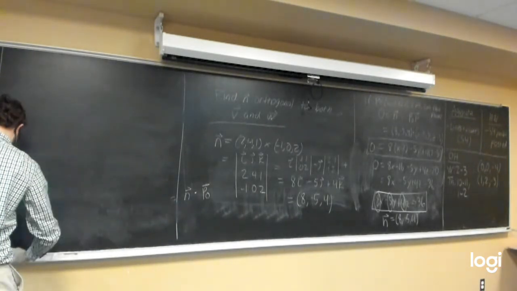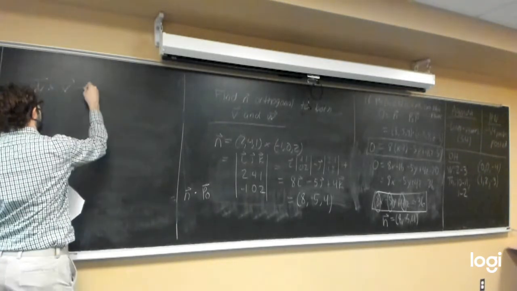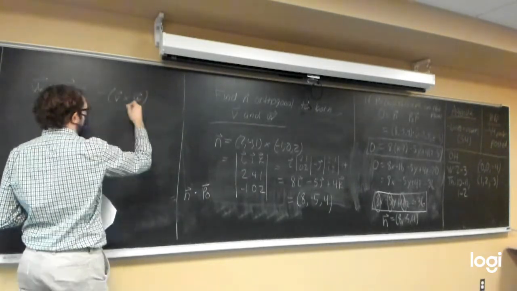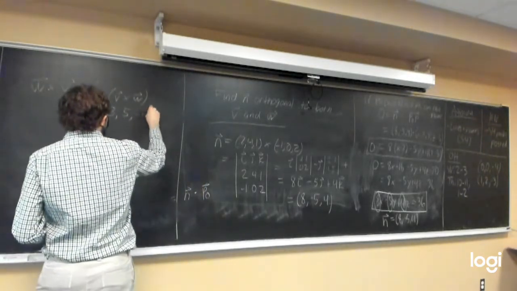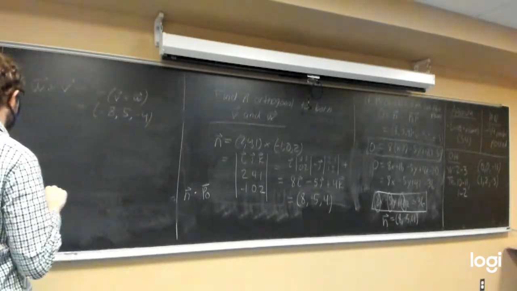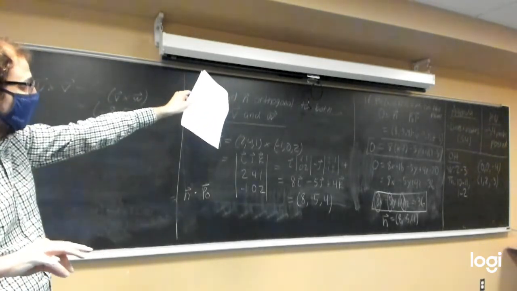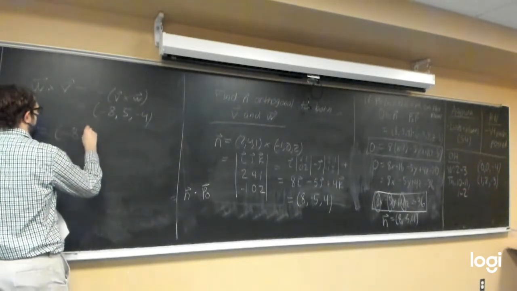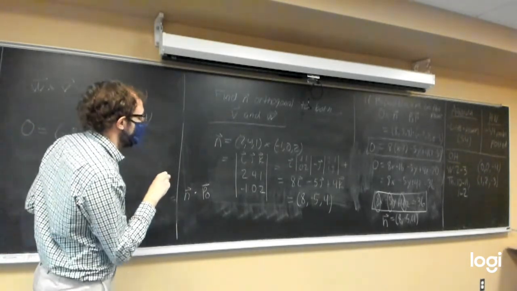One thing I will say is that if we had taken W cross V, remember the cross product is anti-commutative, so that would have been the negative of V cross W. So we would have gotten negative 8, positive 5, negative 4, instead of positive 8, negative 5, positive 4. And if we had then used that instead of our n in the formula we got over there, we would have gotten 0 is equal to negative 8, 5, negative 4, dotted with our P naught P, which would still be the same,